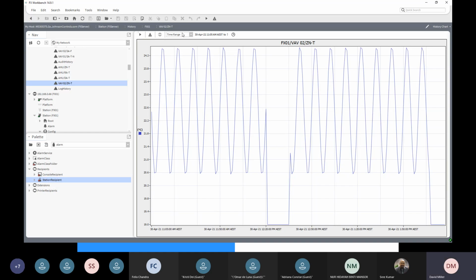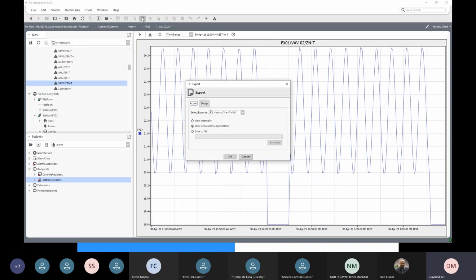Okay, so I'm displaying a trend. I can go export, and I can export the chart as a PDF or the history as a CSV,